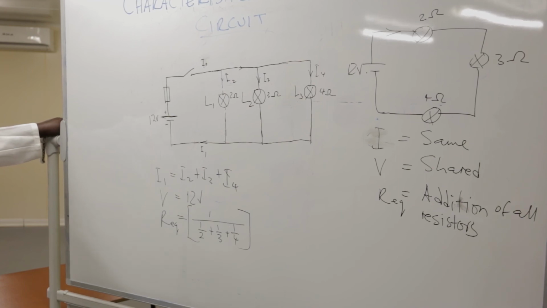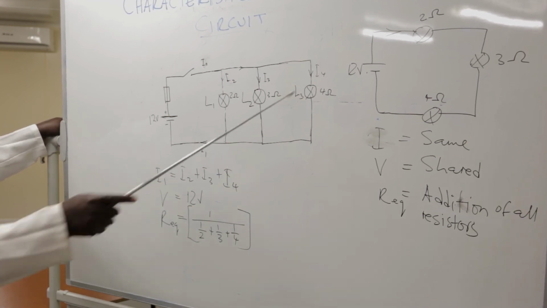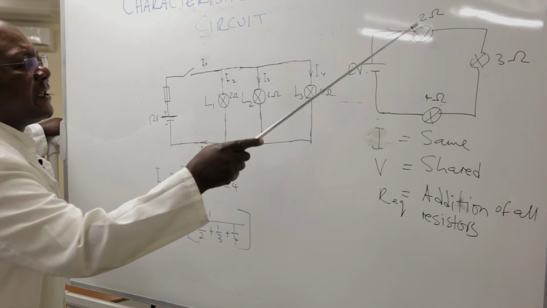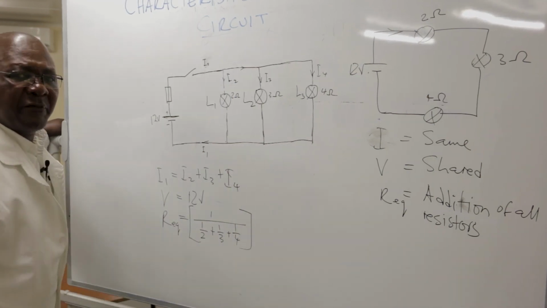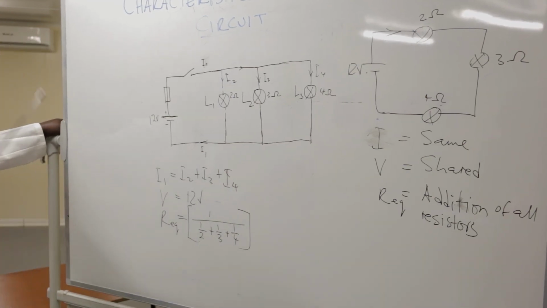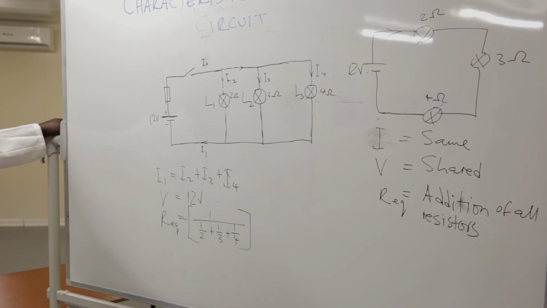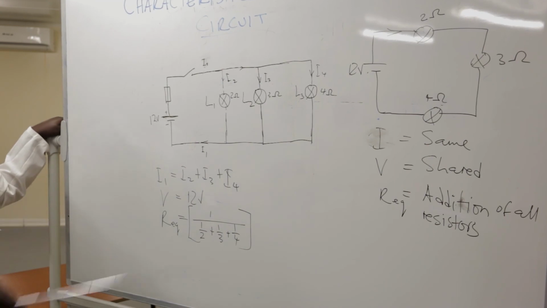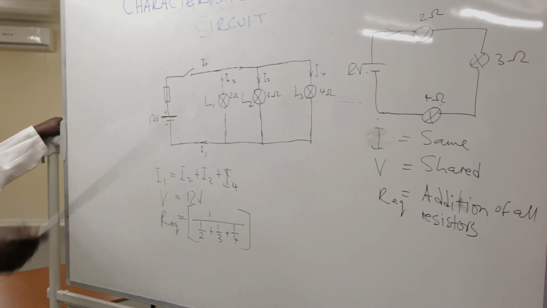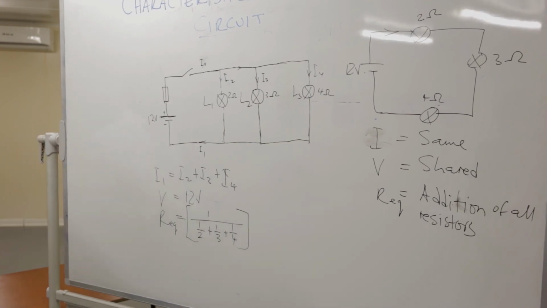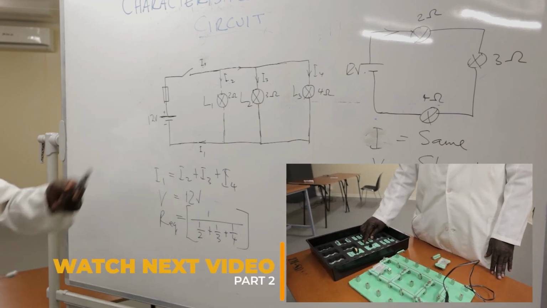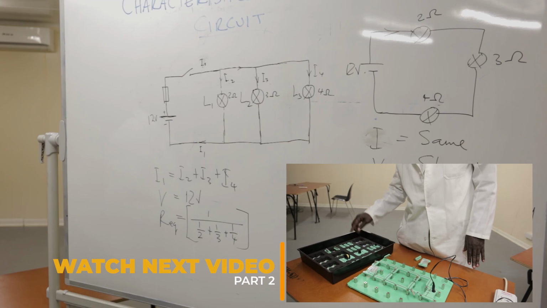That's about it. Then we shall try to prove it experimentally, so that we put it up on a board and we wire it. In the series circuit, we noticed that the illumination of the bulbs was faint. If you use one bulb, it's bright. You use two, they are slightly fainter. You use three, they are even fainter. But in this one, we shall see what happens to each bulb and what effect it is going to have if we remove one bulb. Does it affect the other two bulbs? And then once we do that, when it comes to actual wiring on machines, we shall see why we should use a particular circuit.